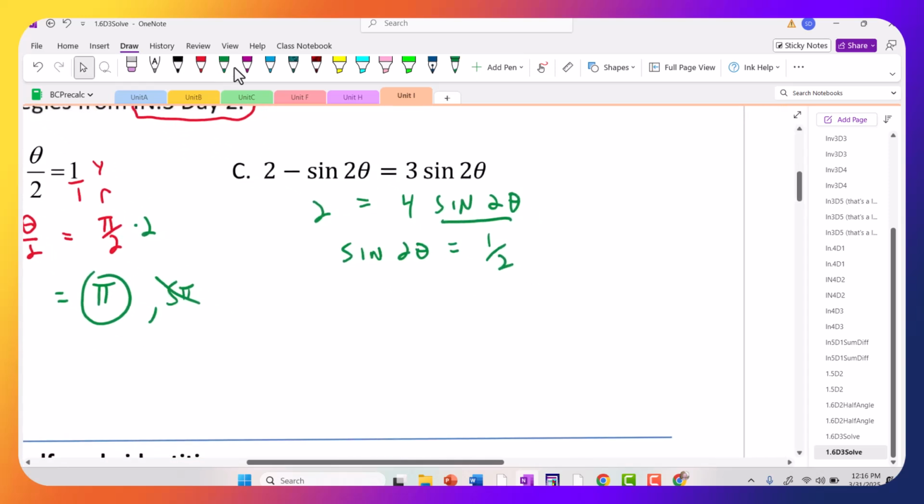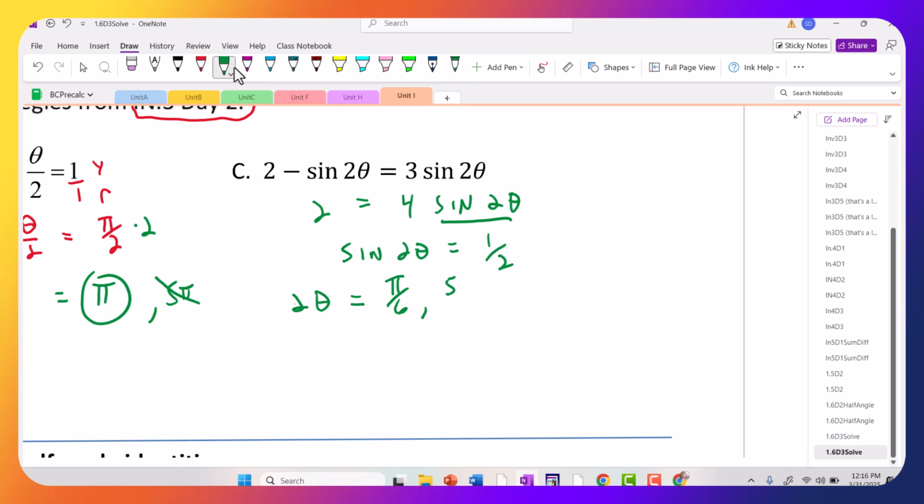What's sine of a 30, everyone? What's sine of a 30? 1/2. So these are the 30s. They're the 30s in 1 and 2. But wait, there's more. Because of the 2, I have to double the amount of answers by adding 2 pi to these original ones